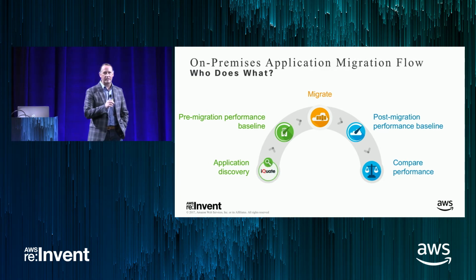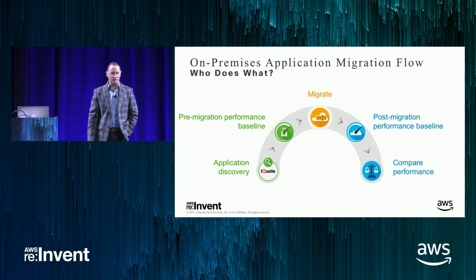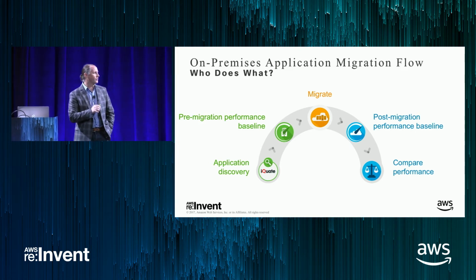So I'm using a couple of specific products. Some of them are Cisco, some of them are third party. Pretty much everyone here that I'm using is out here on the show floor. Not to say there aren't other products that do this. I've picked these for a couple of reasons. Maybe they're more API driven or they meet my requirements. There are vendors that do each of these steps in different ways, and you may find one's better. So I'm not prescribing that there's only one way to do this. You may even own a similar product that does the same thing. I'm just showing you an art of what's possible with a handful of products in the solution.